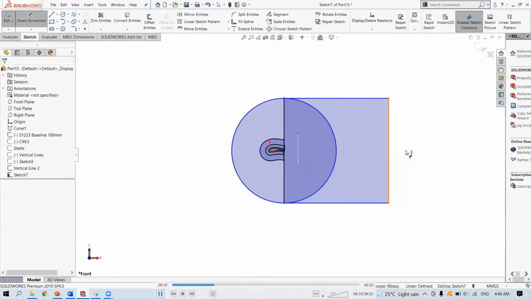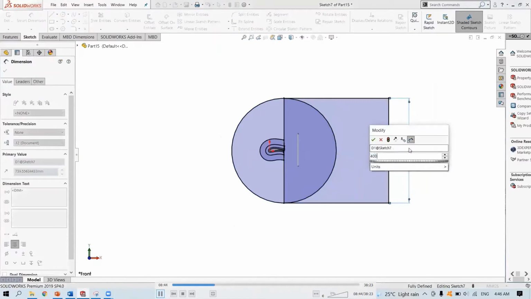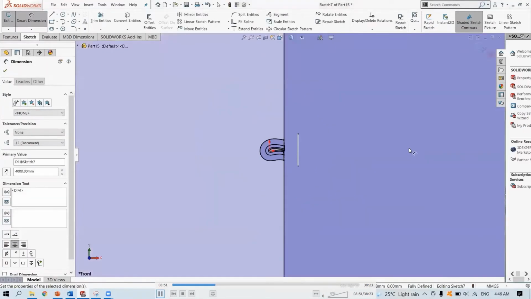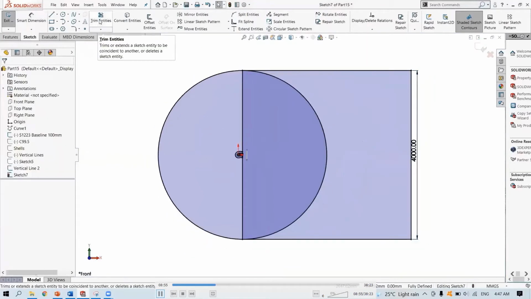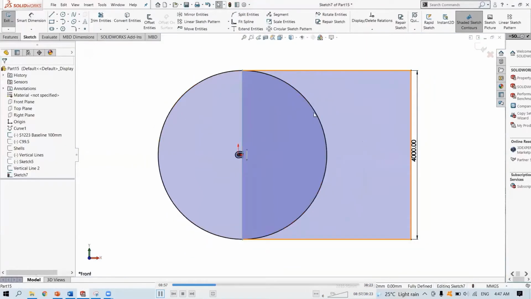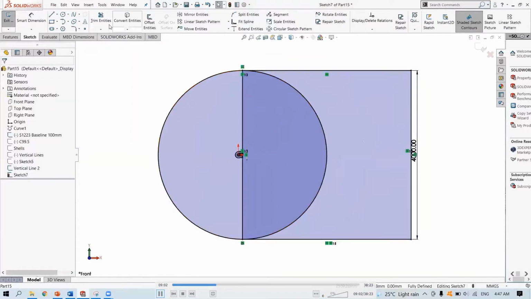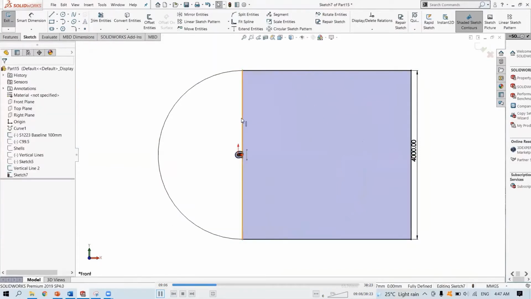It will be 20 chord lengths on top and bottom, so it will be 40 chord lengths. 40 times 100, 4,000. I'll just trim it off. Oops. I'll just delete this one. There you go.